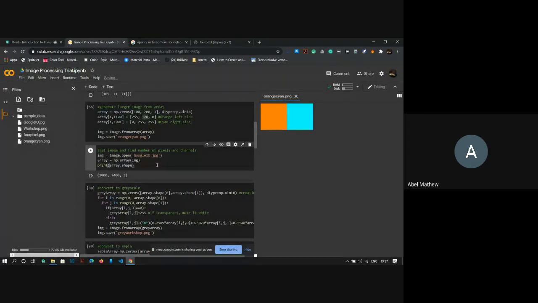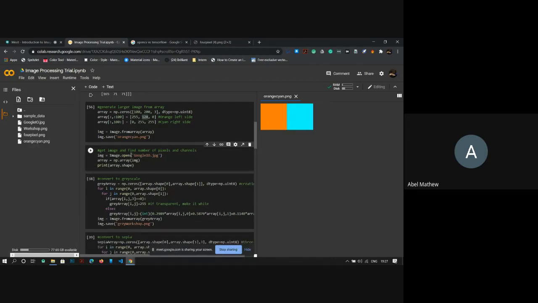Now let us do something on actual images. You can see an image known as Google IO.jpg. Let us import it and see how it looks. This is opening the image, and this is getting the array from the image. array.shape displays the rows, columns, and the size of the array.